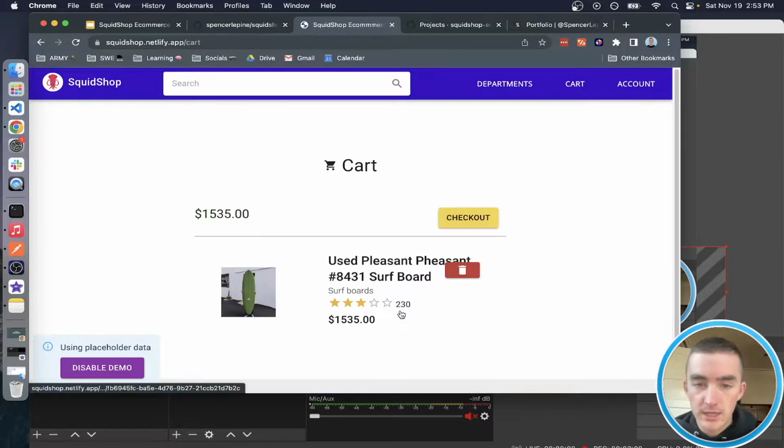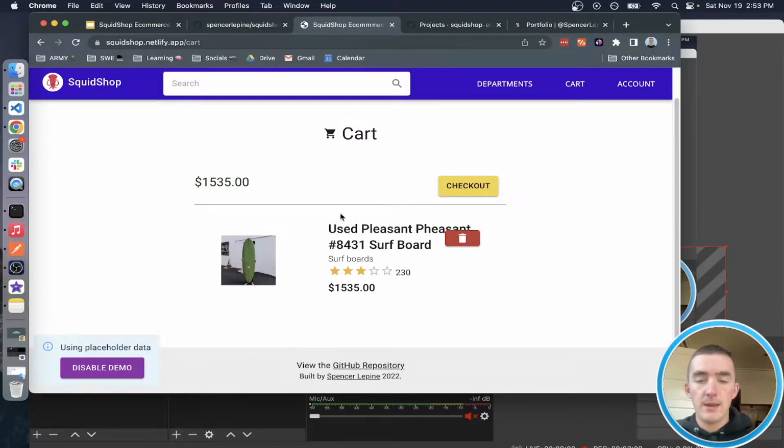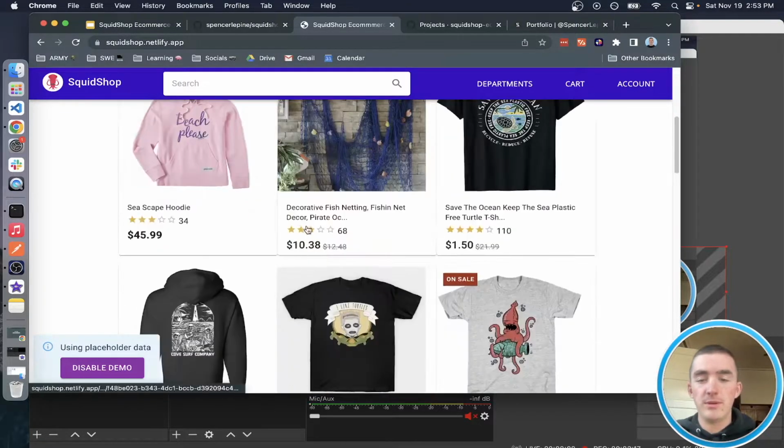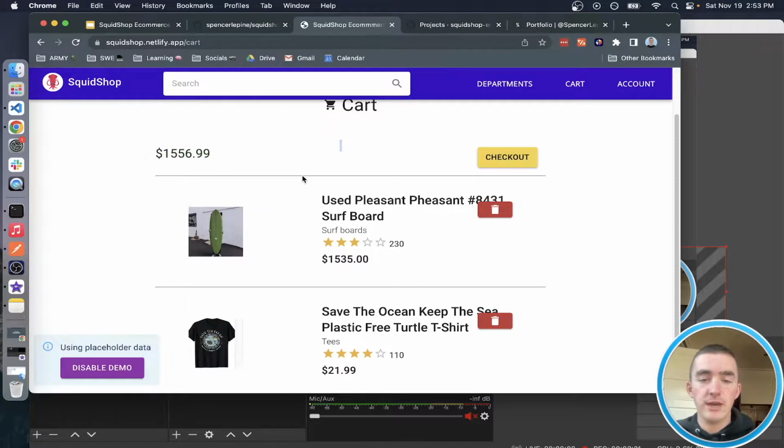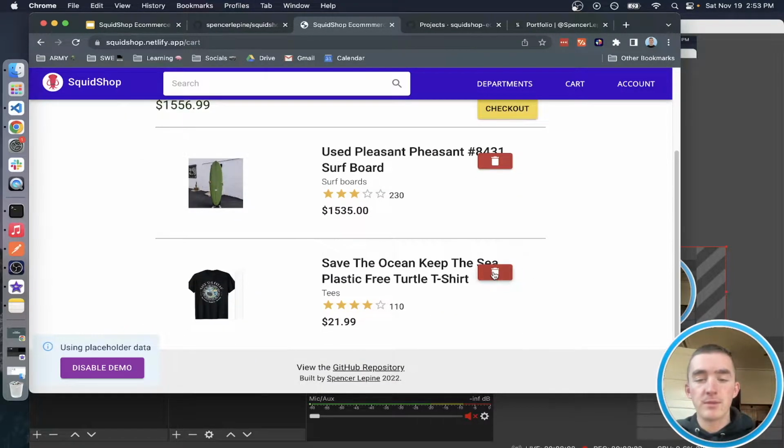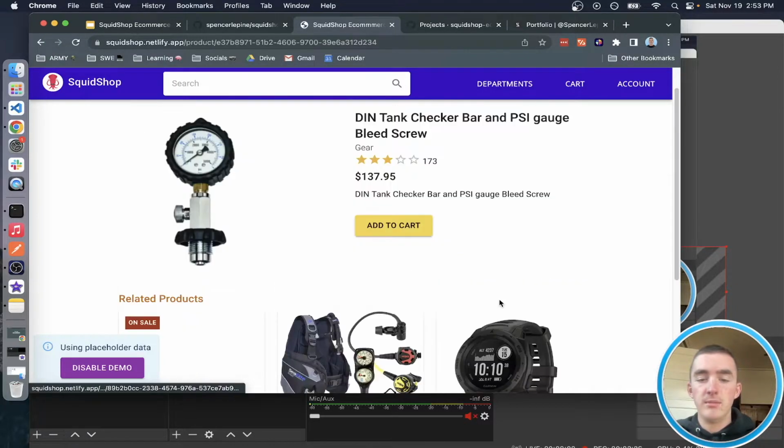If we like this, we can add it to our cart. Back to the home page, we can navigate to our cart in the nav bar here, and this product name looks like it's too long for this box, but we have our cart total. Let me add another product here. We want to buy these two. We have our total. We remove an item, maybe buy another one,